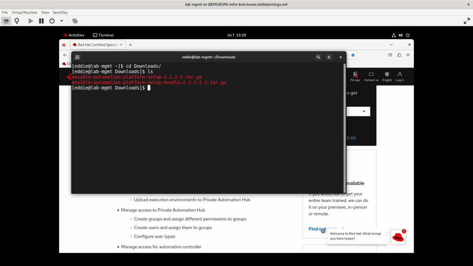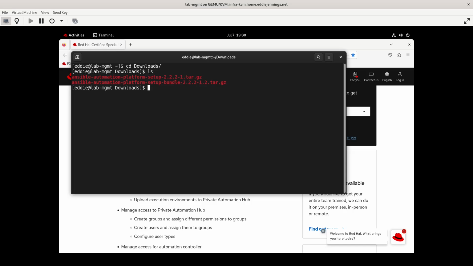Another way of doing the installation is by enabling the Ansible Automation Platform repositories from Subscription Manager and installing, I think the name of the package is Ansible Automation Installer, or maybe Ansible Automation Platform Installer. I can't remember that off the top of my head. It's probably something I need to practice between now and the exam, just in case you actually do have to do a full installation on the exam. But what that will do, once you install that package, it's going to dump files into the opt directory that will be the same as what I'm about to